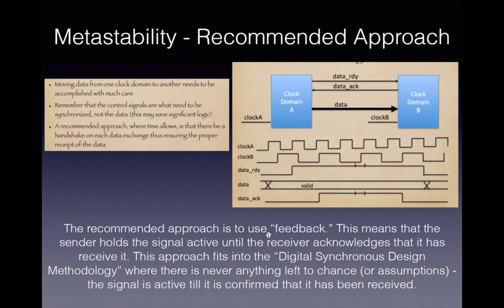What we do is have feedback: the receiving clock domain B acknowledges that it has received the data, telling the sending domain A that it can now move on and turn off the data ready. So the timing diagram below shows data ready goes high, the data acknowledge comes. Once the sending side sees the data acknowledge, it can turn off its